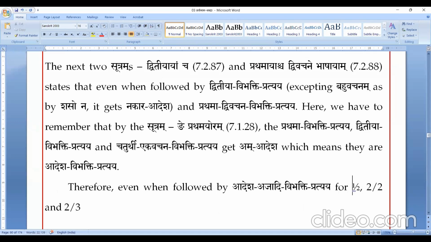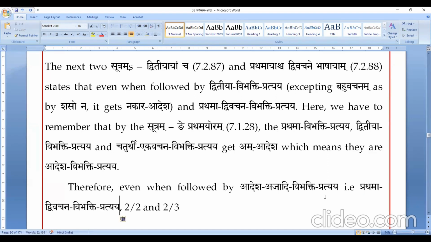One, two. That is okay. Let me write. Prathama Vibhakti Dvivachana. Even when followed by Adesha Vibhakti Pratyaya, it means that is only for this. That is followed by Prathama Vibhakti Dvivachana Pratyaya or Dvitiya